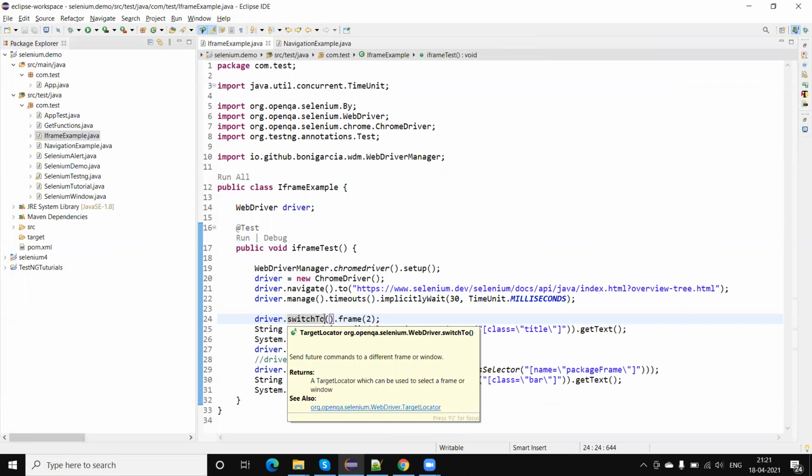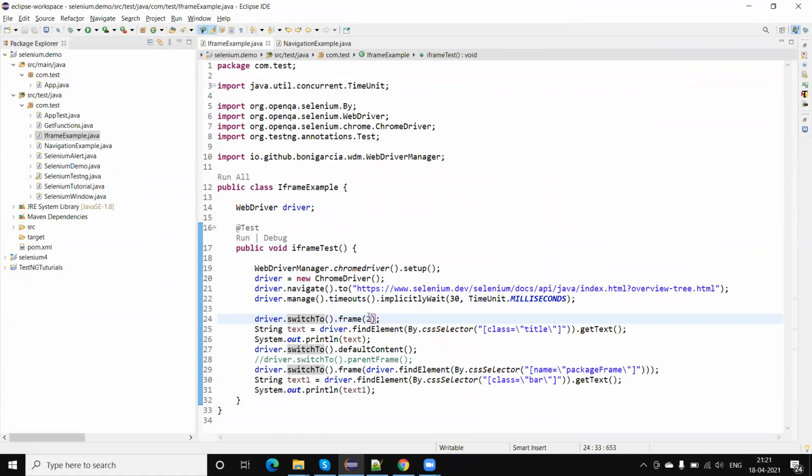Selenium WebDriver provides the driver.switchTo().frame method, and using this method we can switch the frame. The method is overloaded, as you can see here: there are three functions with the same name but different arguments. We can pass the integer, we can pass the class name or name or ID, and we can also pass the web element object to switch into a frame.